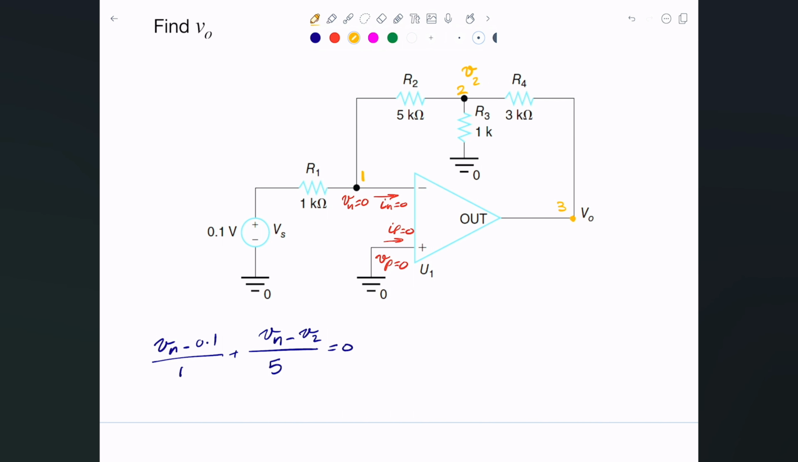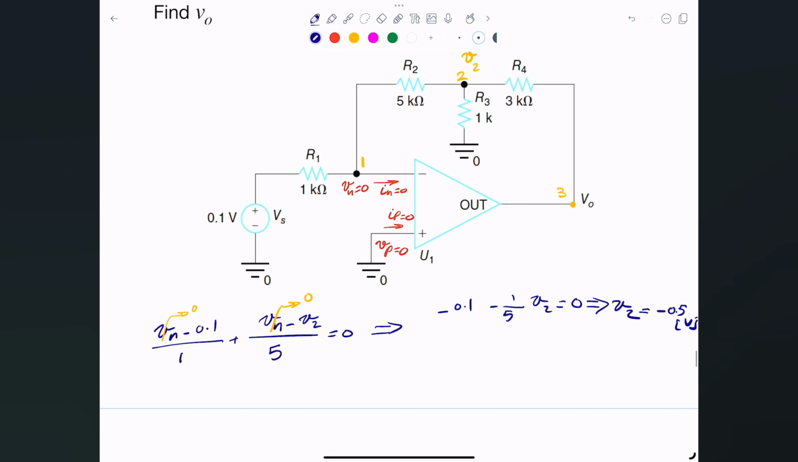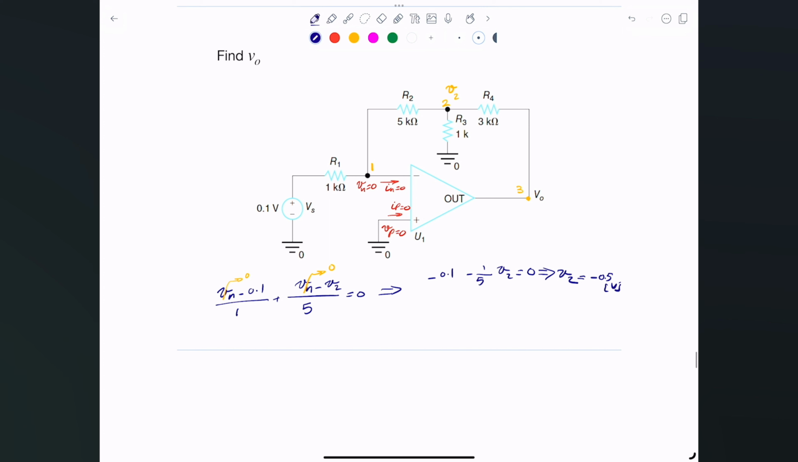Now I'll substitute Vn is 0 because it's the same as Vp. That leaves me with the following: negative 0.1 minus V2 divided by 5 equals 0. So that means V2 is, I believe, negative 0.5 volts. Okay, so we know what V2 is. Now we have to write a nodal equation here. Even though we know what V2 is, we'll have to write the nodal equation here just so that we know what V0 is. So that will be V2 minus Vn, which is 0, divided by 5,